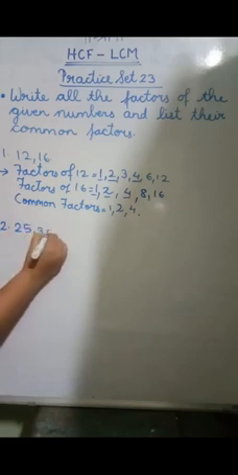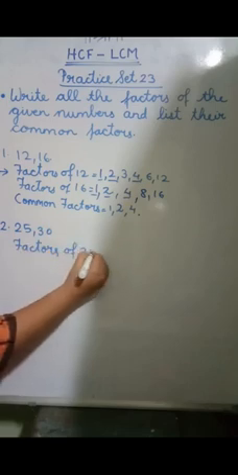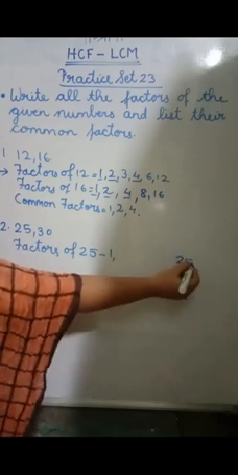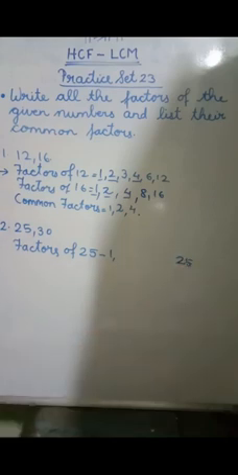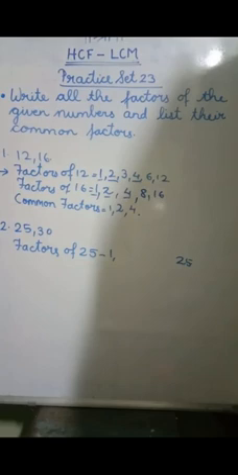Okay. So now we'll solve the next sum, that is 25 and 30. Now can you tell me the factors of 25? Yes, 1 and 25. Next, 2 table? No. 3 table? No. See, 2 table, is it? Do you have 0, 2, 4, 6, 8 at the units place? No, then it will not come in the 2 table. For the 3 table, add the digits: 2 plus 5 is 7. Is 7 coming in the 3 table? No, then 25 will also not come.